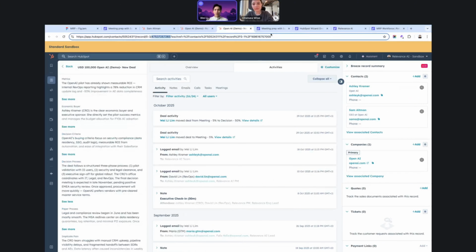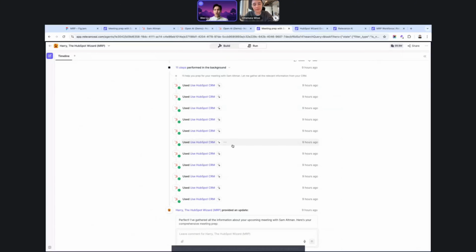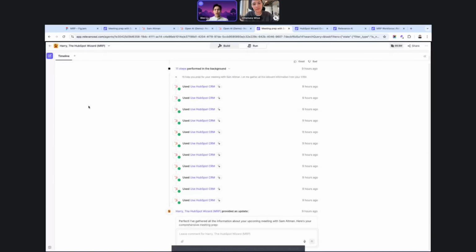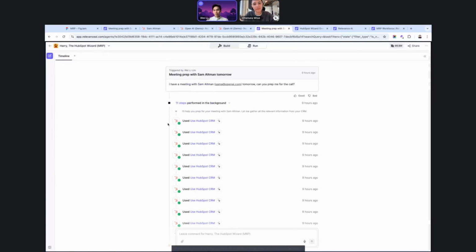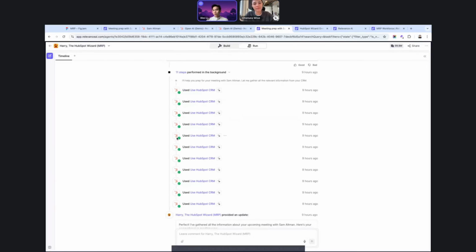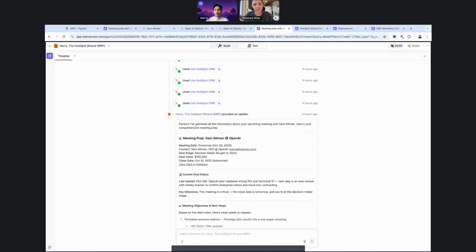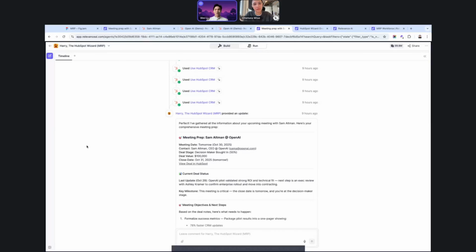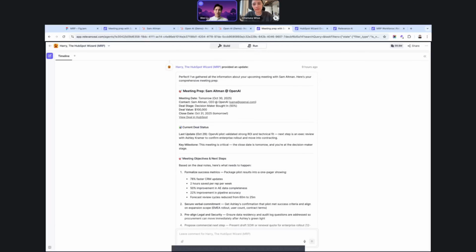That's the same thing with this kind of agent, where it's able to decide what it needs to find based on the task that's been provided. It will go away and do all those steps that a human would. And once it's got all of that detail, and it's a lot of detail, it's going to try to synthesize that into something that it can help us with in terms of this meeting.